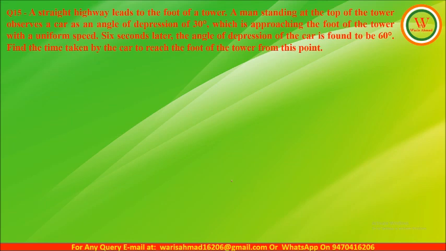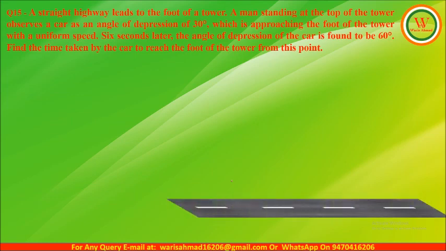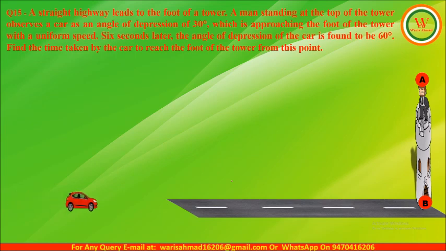First of all, we have to draw a straight highway which leads to the foot of the tower AB. AB is the tower. On the top of this tower, a man is standing. This man observes a car at an angle of depression of 30 degrees. This car is approaching towards the foot of the tower. Suppose the car is at point C and this man observes the angle of depression of this car is 30